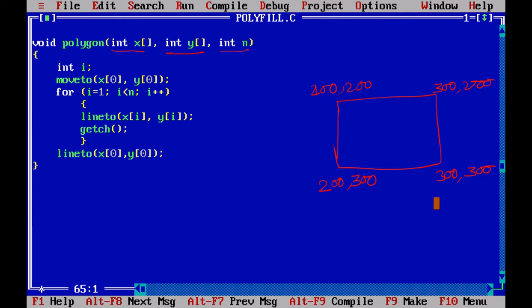So like this I have marked the points. This is a polygon with 4 vertices, that we call the degree of a polygon. So this is n. Then we are going to input the polygon in the same order.